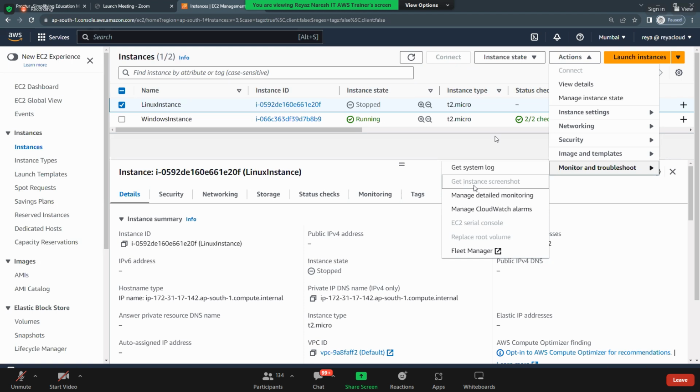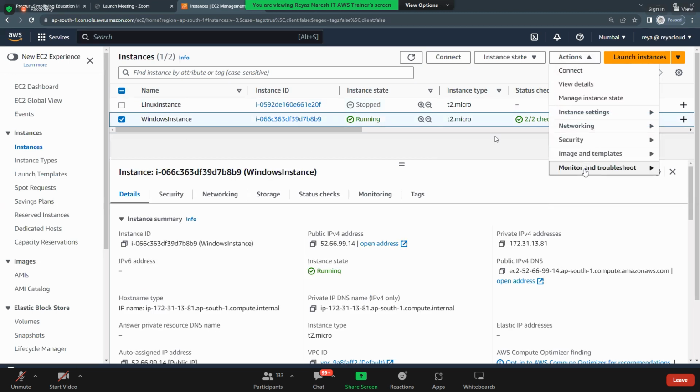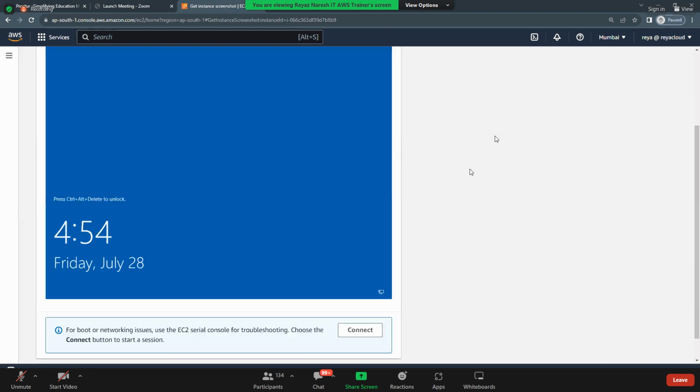Let's say you powered on the machine and you get lines in blue color. What does that mean? You powered on your laptop and you get lines with blue color. Will you be able to log in? Crash, system crash, corrupted, right? So that is the face of your machine. Here also, you can see the face of your EC2 instance. Windows is running, no? Can I see the face of the EC2 instance? Get the instance screenshot. What does it say? Press Control Alt Delete. That means it's ready to log in. That means it will work.